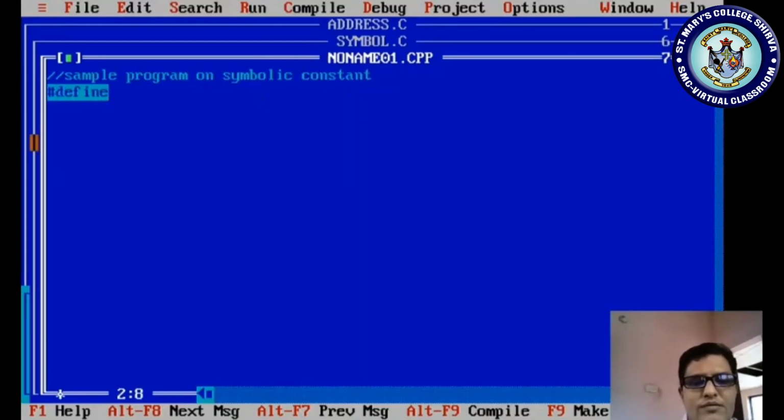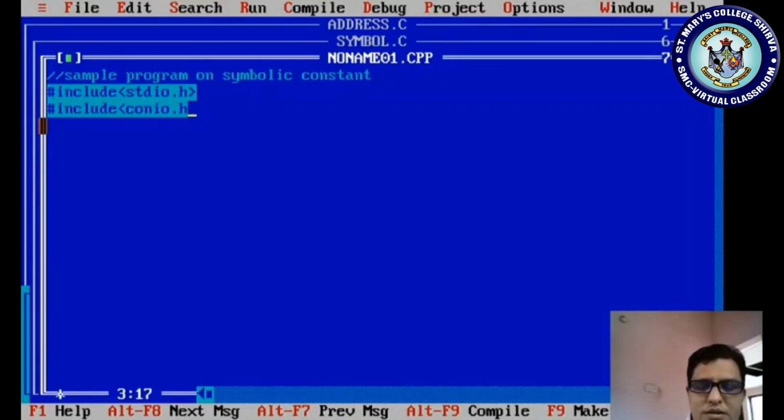Hash include stdio.h. Next, hash include conio.h. And next, hash define, I will assign some value, A 10.